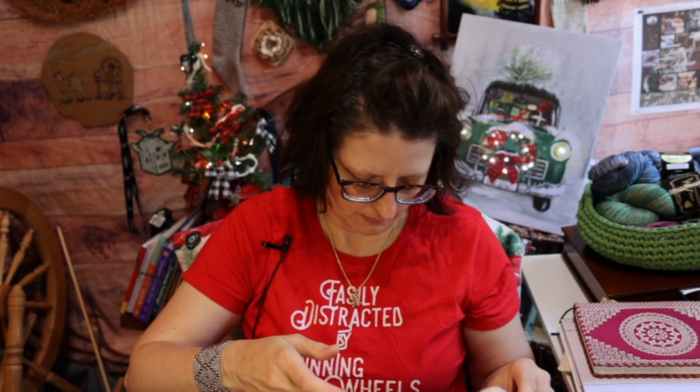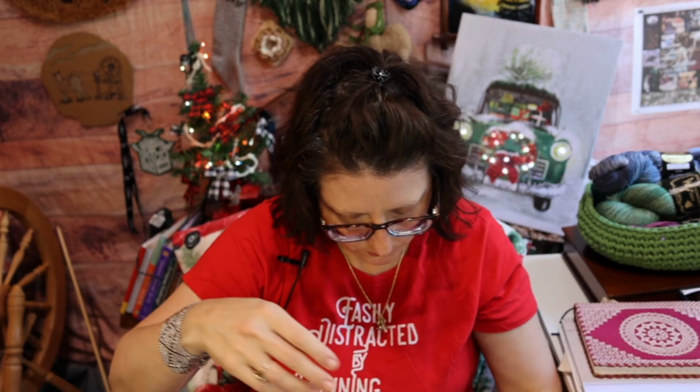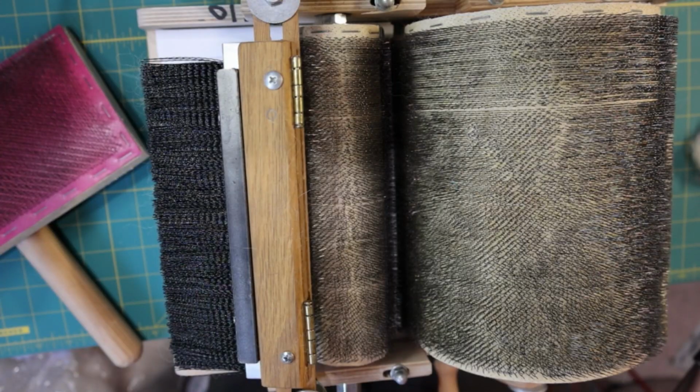And I do not have a blending board as of yet. All the things, I do not have a blending board yet. But I do have a couple drum carders. So I'm going to use my basic drum carder to blend it. So we are going to blend it and get a couple bats made up, and then we will take those bats to the spinning wheel and we will spin them and see what we come out with. So I am going to switch so that you can follow along. Okay, so